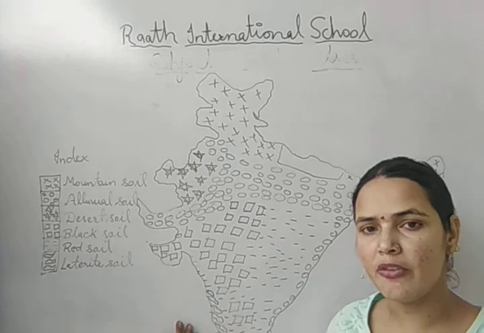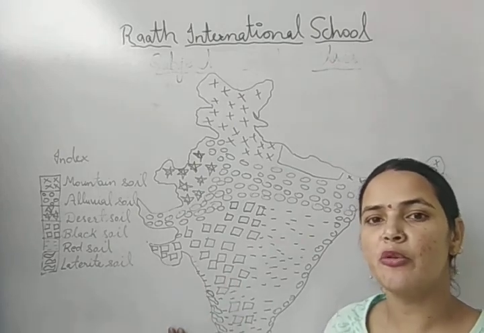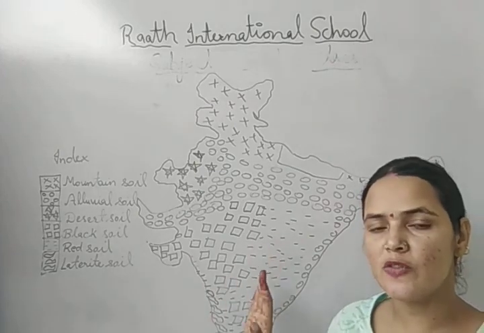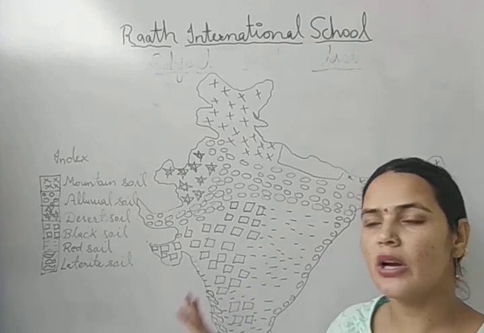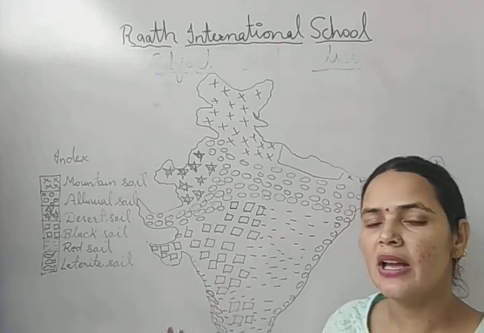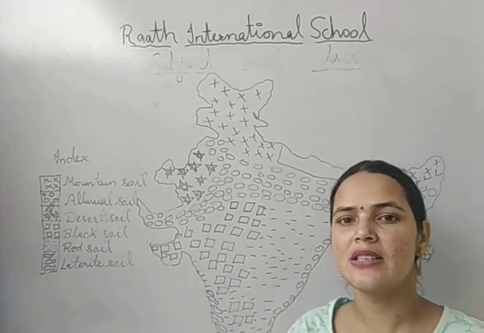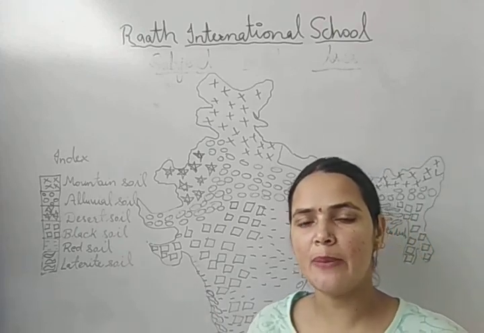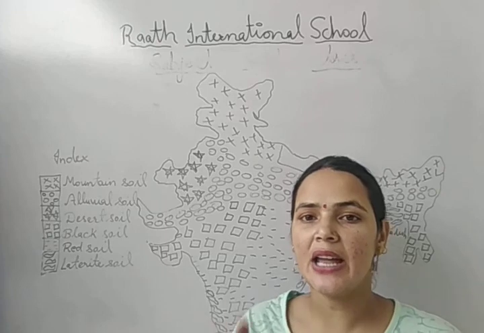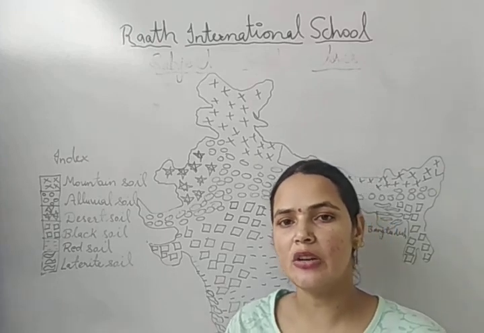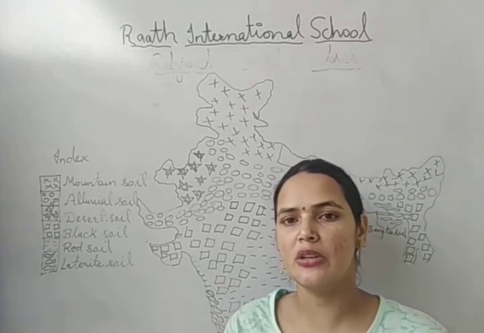Take a map of India, a physical map of India, and fill in the different kinds of soil. If a map is not available, you can draw this map in your notebook and then fill it. So this is the map of different types of soil, and the diagram of raw materials converted into finished goods, that you have to do in your notebook.